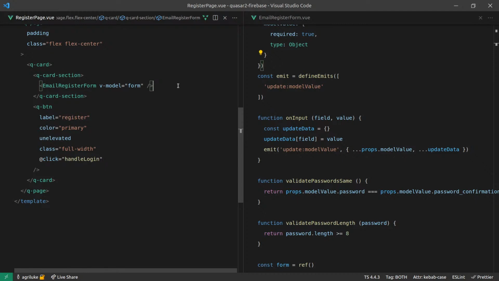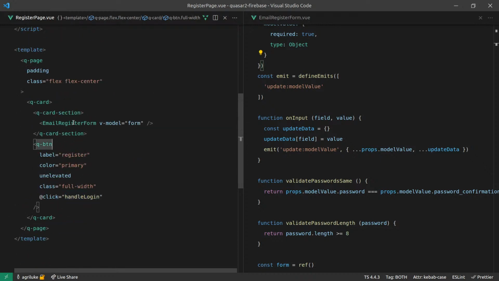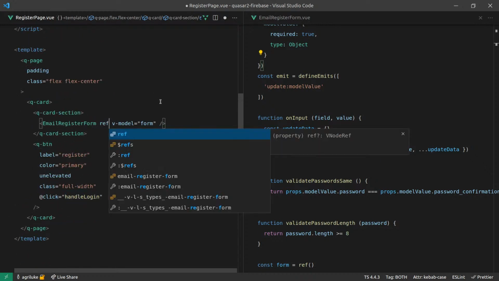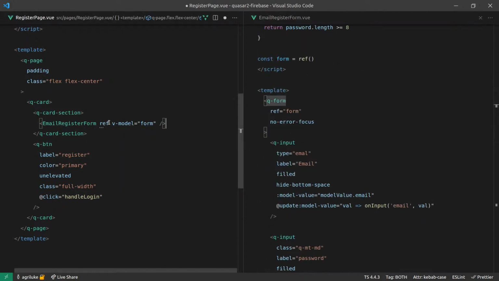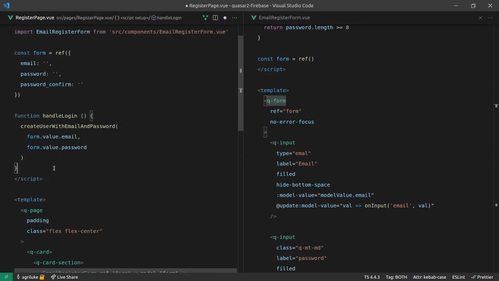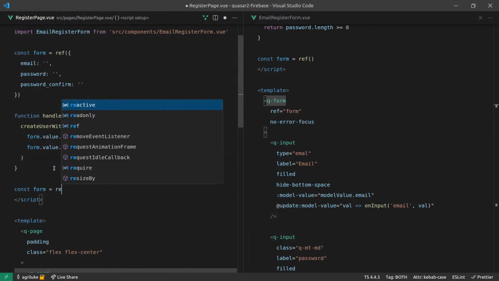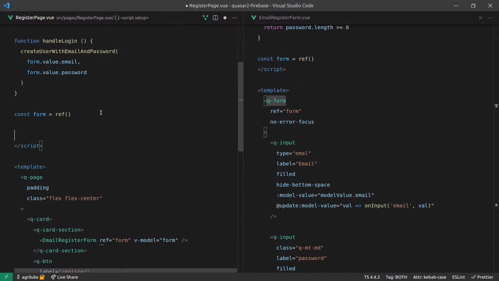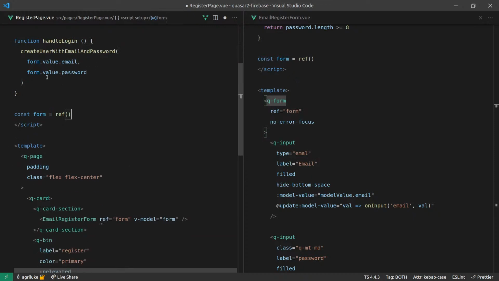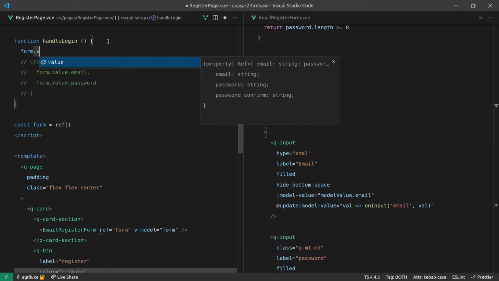Anyway, moving on. So when you try and log in, I'm going to get a reference to this form here, ref, and I might have to do some sort of binding here, but we'll see in a second, is equal to form. And now I can easily come down here and say const form is equal to a reference, and it'll be a blank reference to begin with. And then on handle login, let's just get rid of that for now and simply try and validate it by saying